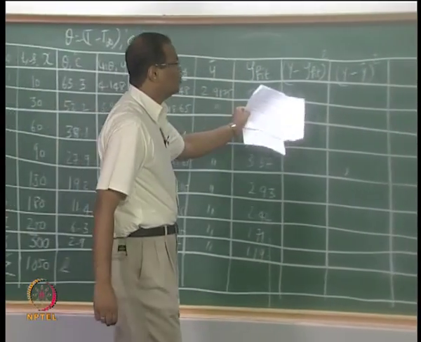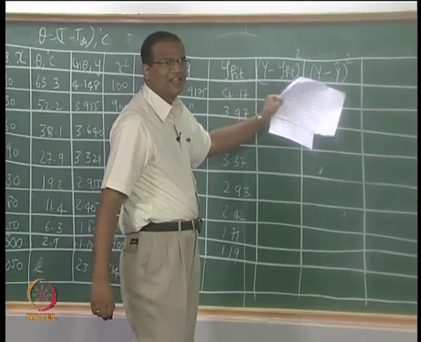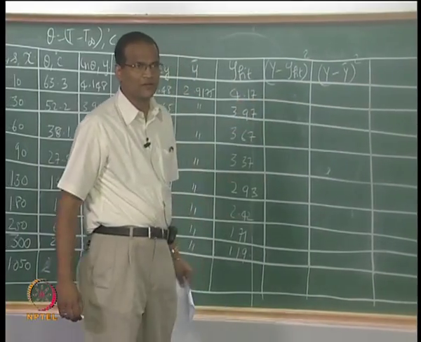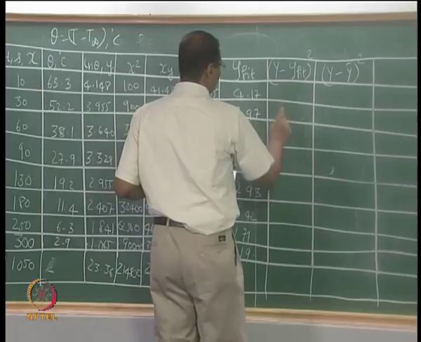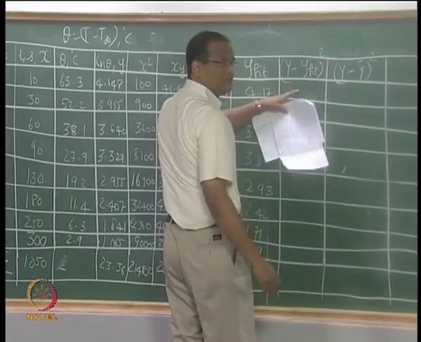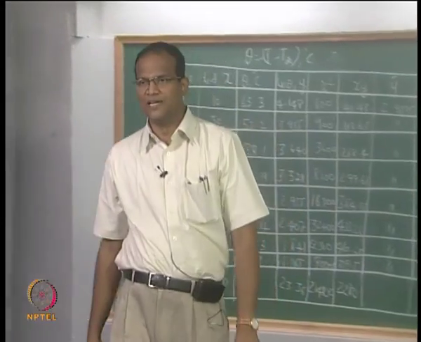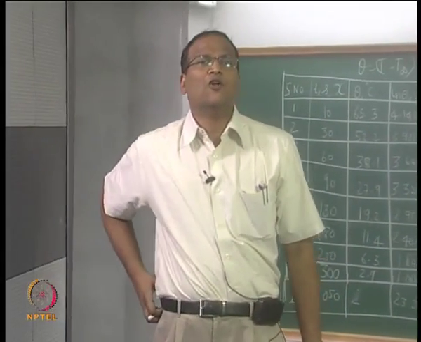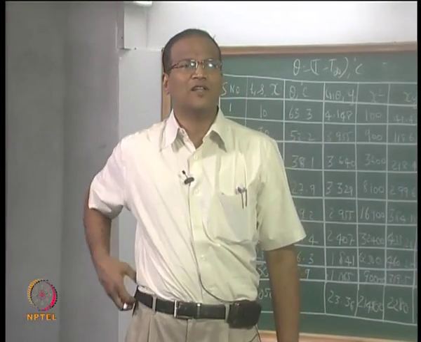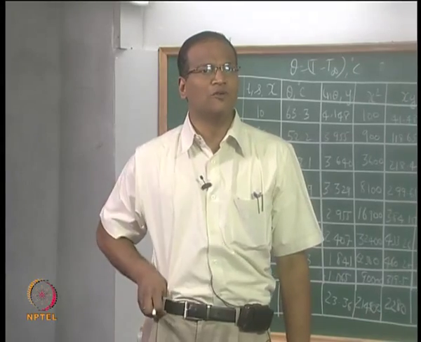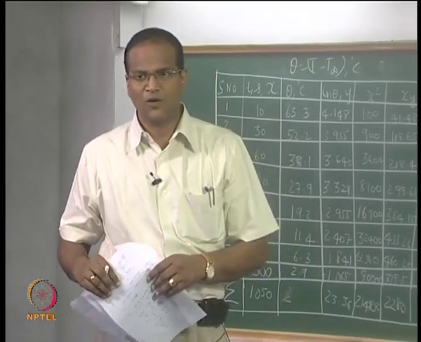Yeah, please do these two columns, you will get ST and SR, and then you can get the correlation coefficient, right. Can you tell me these values? Please do not feel lazy, complete it. You still do not know whether your estimates are good or not, unless you work out the last two columns, you will not know whether the correlation coefficient is good.